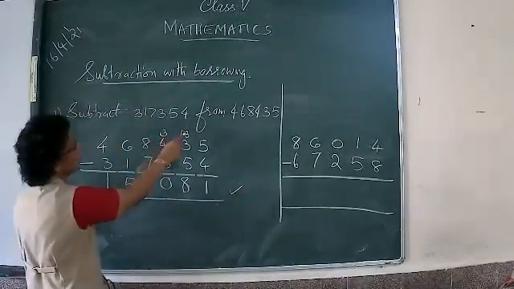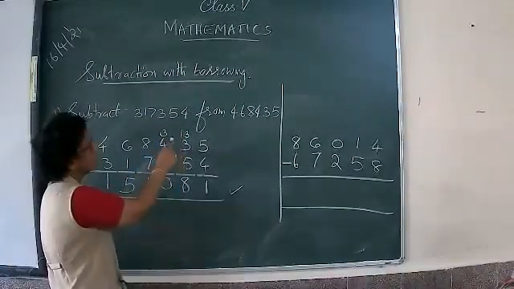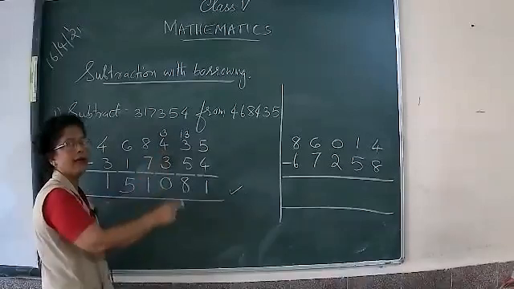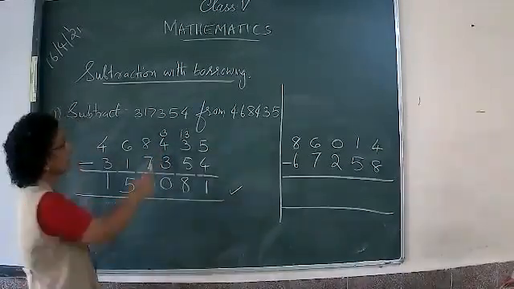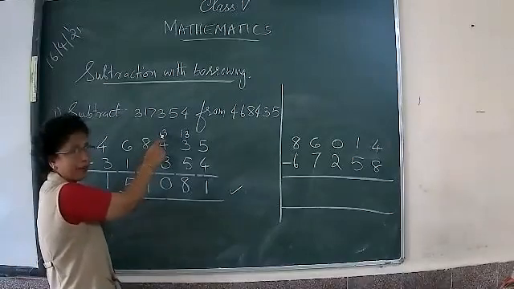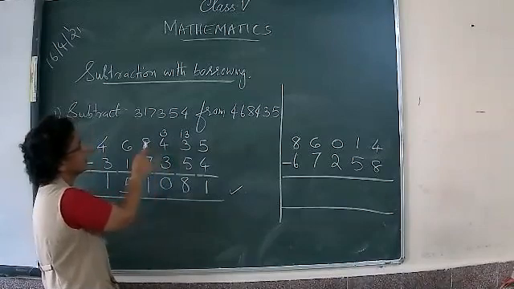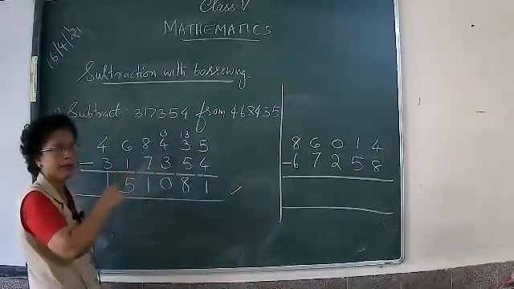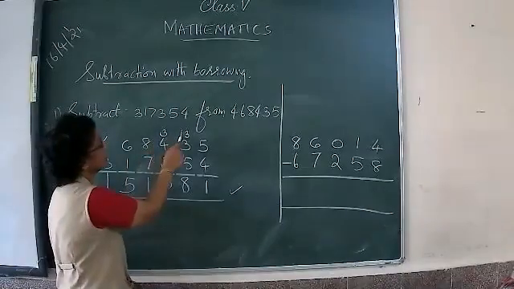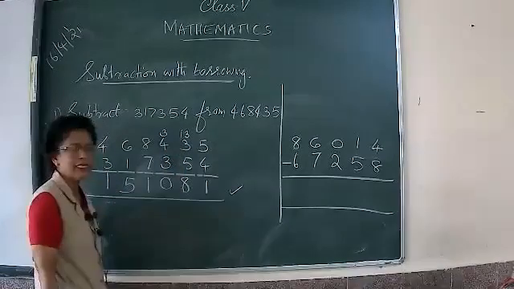So this is borrowing. When the number is smaller here, we have to borrow from the next number, the number before that. So don't forget to minus 1 there at that time. So 1 is coming here. Each digit here, when you come this side, is multiplied by 10. 10 times it is coming. So that is why the 1 is coming and it is becoming 13 here. 10 is coming actually. Okay, children?